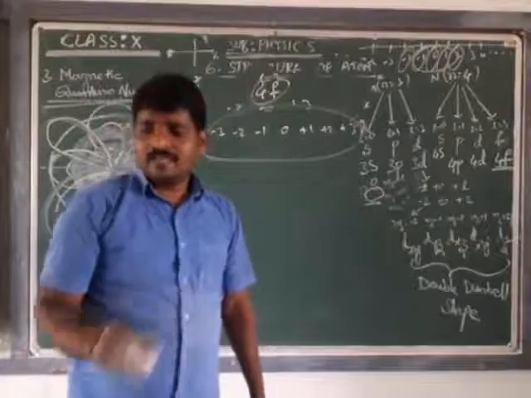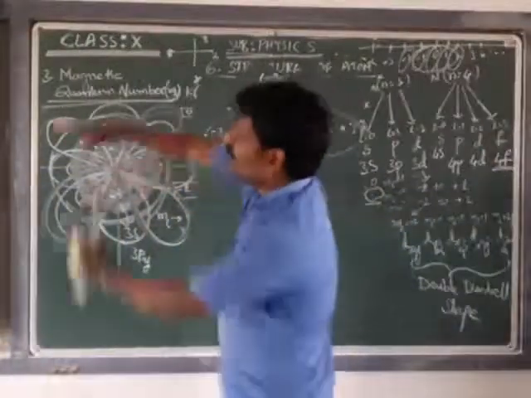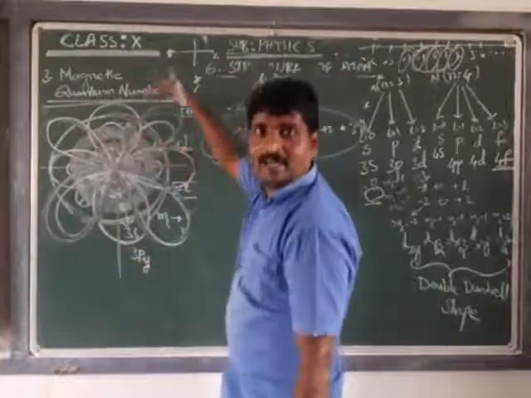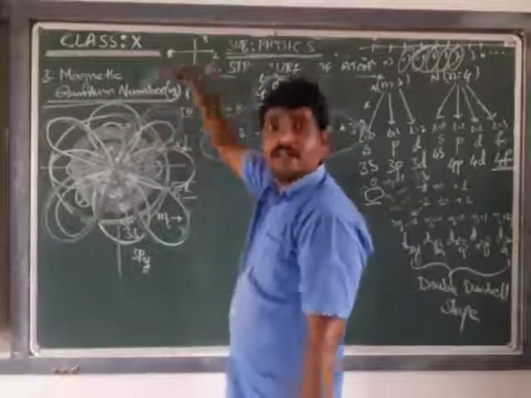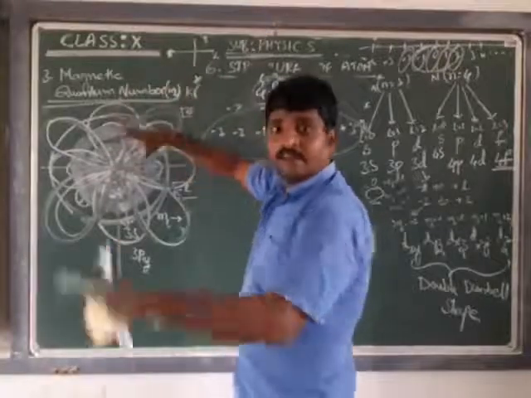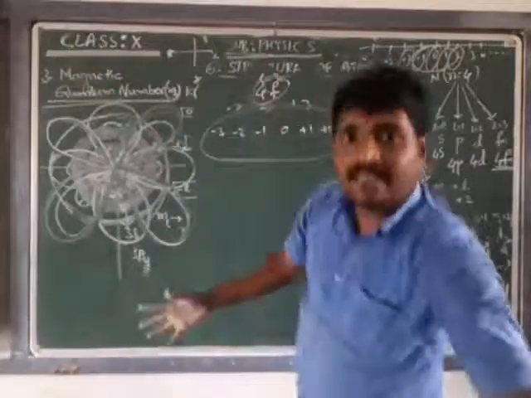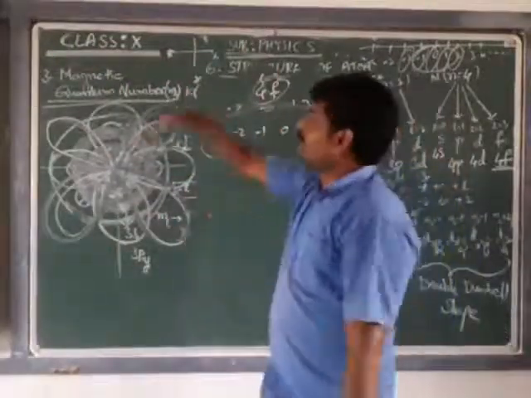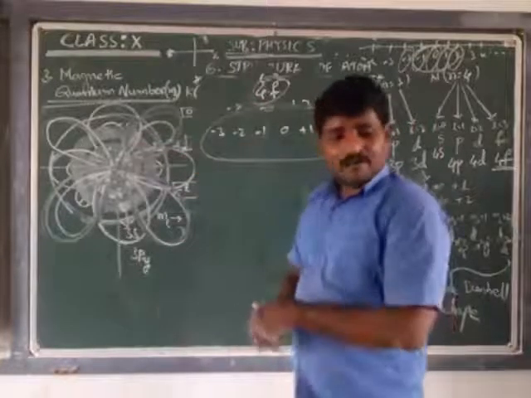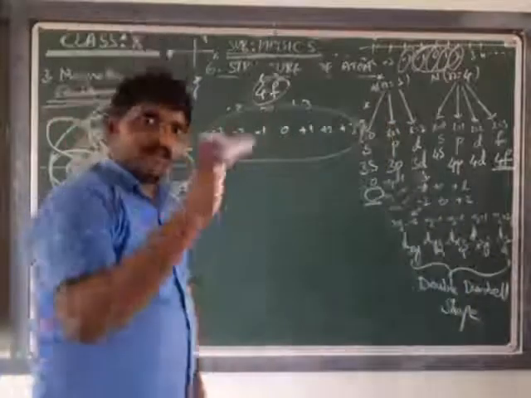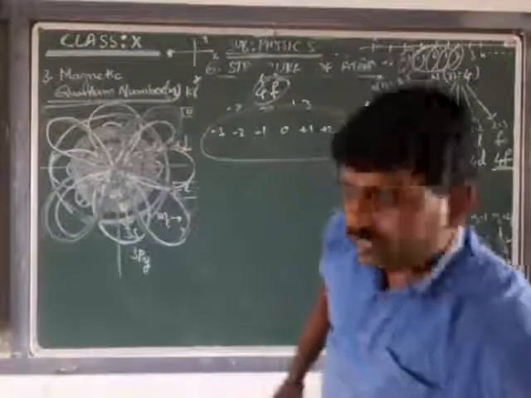Okay, I hope you understood this. Just like a glance summary. All together, the 1s orbital, 2s orbital, 2p orbital, 3s orbital, 3p orbital, 3d orbital, 4s orbital, 4p orbital, 4d orbital, 4f orbital in their respective orientations, all combined together, is the shape of the atom which is proposed by Schrodinger. Of course, we have one more quantum number, the magnetic quantum number, that we will discuss in the next session. Like a glance, just a summary.